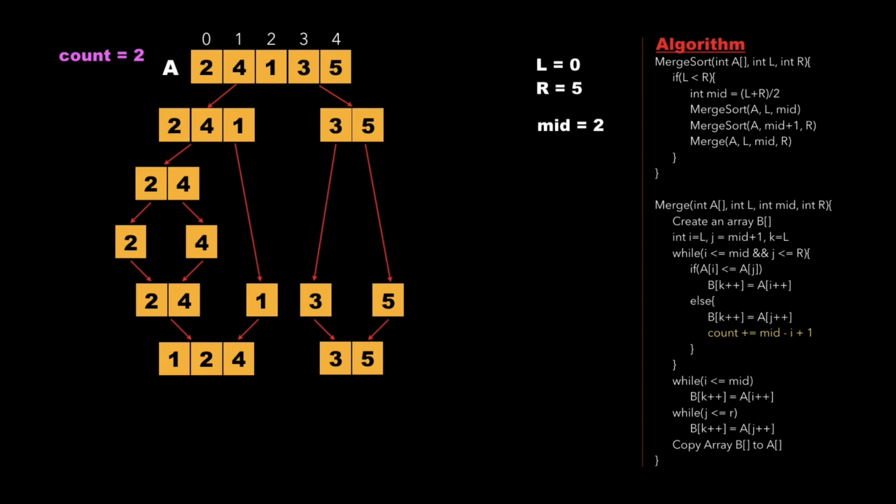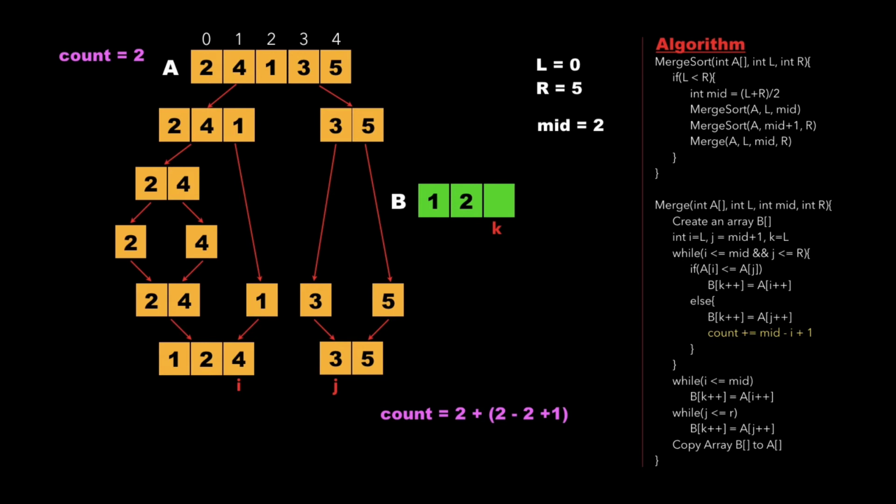And finally, we can call the merge function for the subarrays 1, 2, 4 and 3, 5. So here the values of L and R were 0 and 5, as we have seen earlier, and the value of mid was already calculated as 2. So we call the merge function, where we create an auxiliary array B. Check whether 1 is less than 3. Since 1 is less than 3, we copy 1 into the array B. Again we check whether 2 is less than 3. Since 2 is less than 3, we copy 2 into the array B. And we have encountered an element 4 which is not less than 3. Therefore, we update the value. First we copy 3 into the array B and then update the value of count.